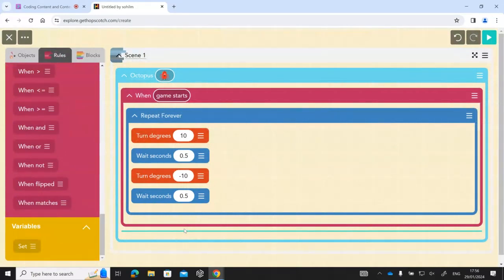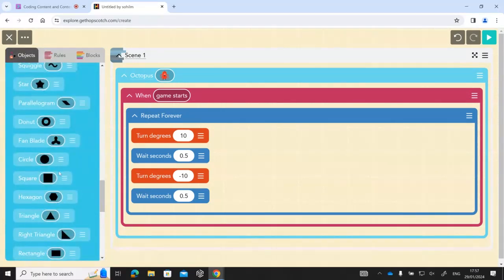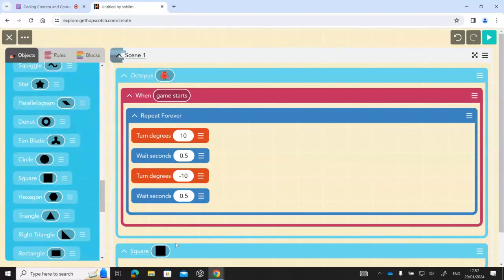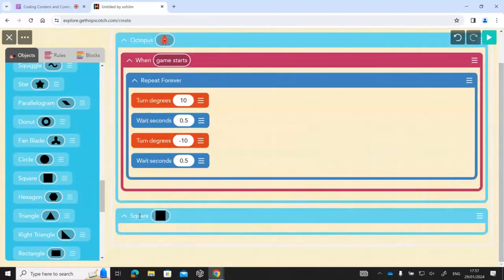Okay, next thing, now add the controls. Next step is to add the controls. Click on the left control. The character should move to the left lane. If you press right, it should move to the right lane. So let's add the buttons. Left button. Let's call this left. And let's call this